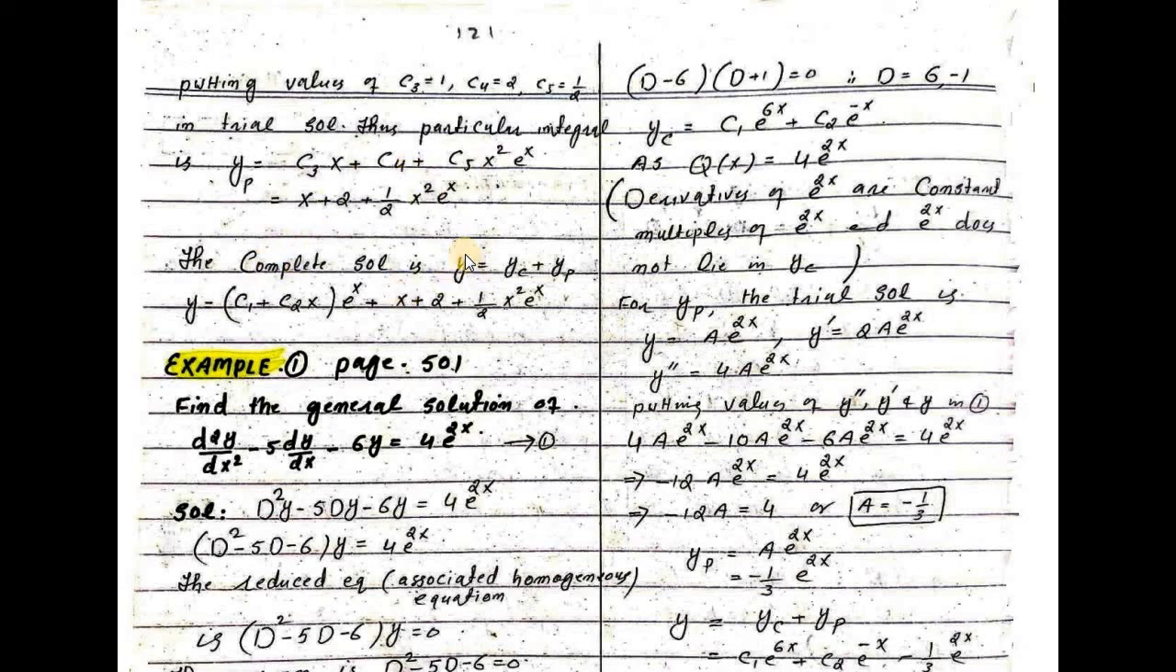The complete solution is y is equal to yc plus yp. Putting the values, hence this is the required general solution. Now we see our next